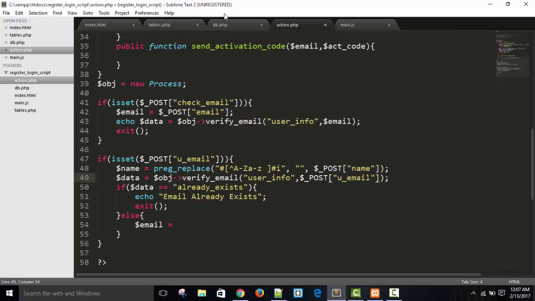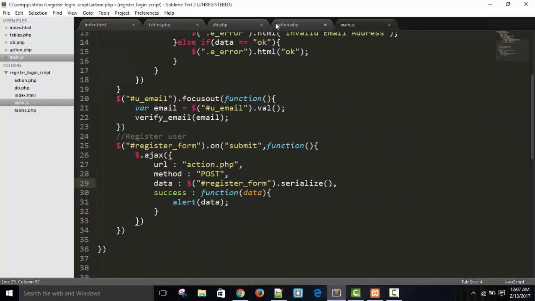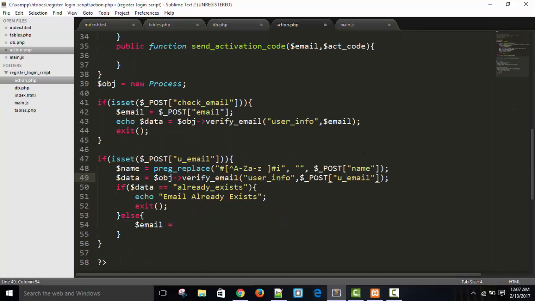This is the name, so you can see here, this is the name user_email, and this is the name user_email, $_POST['user_email'], and if it is fine, so we'll store it. $email = $_POST['email'], and next thing